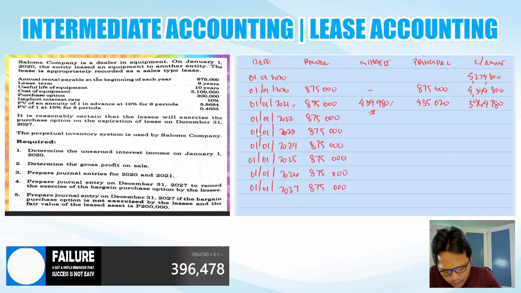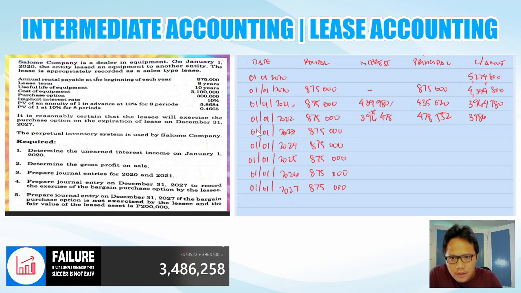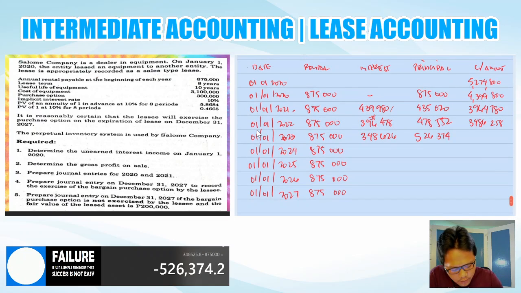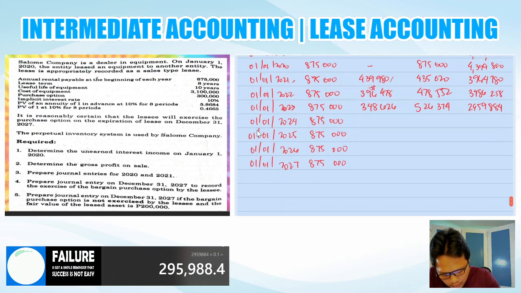Kuha na yun. So next, interest. To continue the illustration, so we have 3,964,780. Typical na ito. So we have 3,486 times 0.10 na naman. So this is 348,626. Round lang natin. Minus 875,000. So that is 526,374. So we have 2,959,884 times 10% na naman. So that is